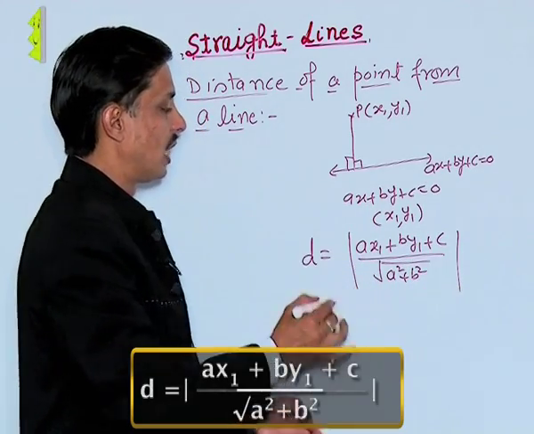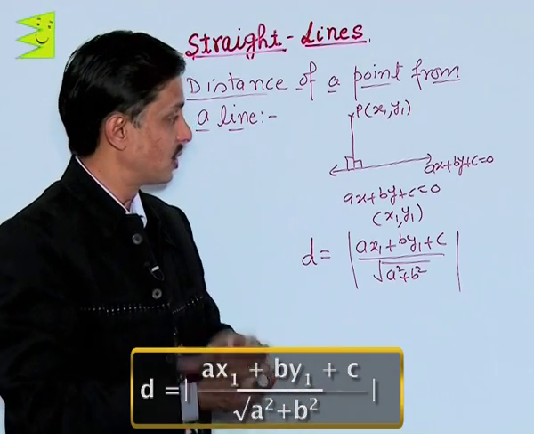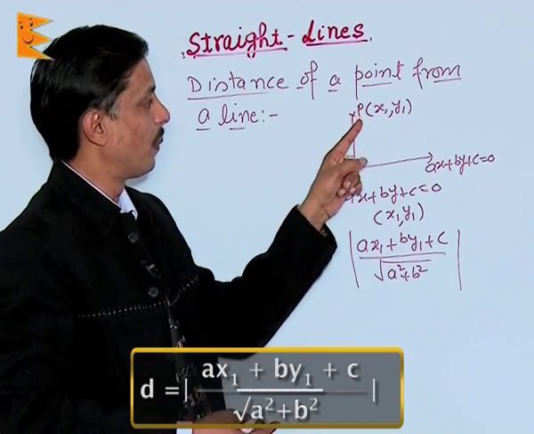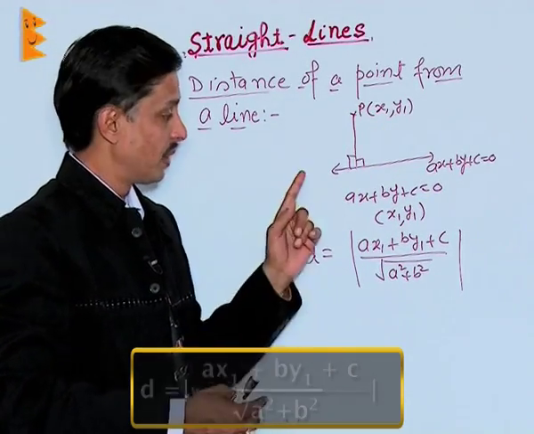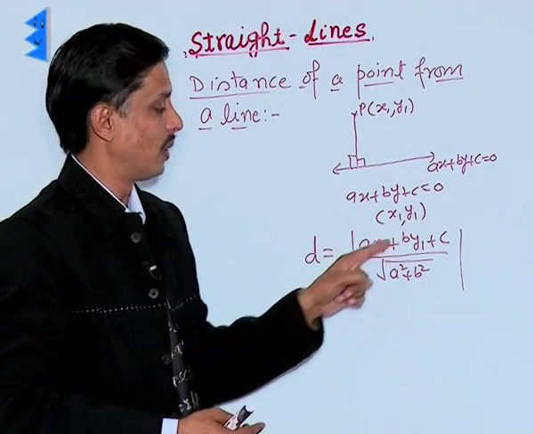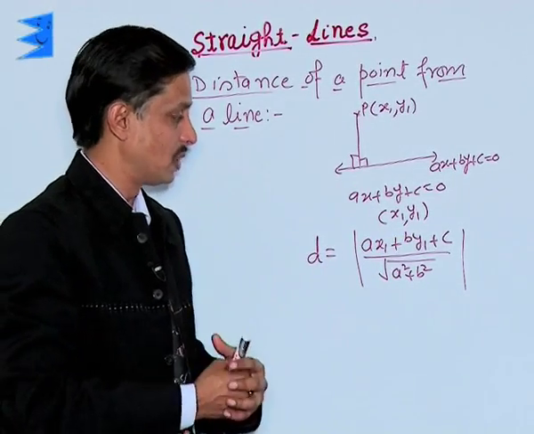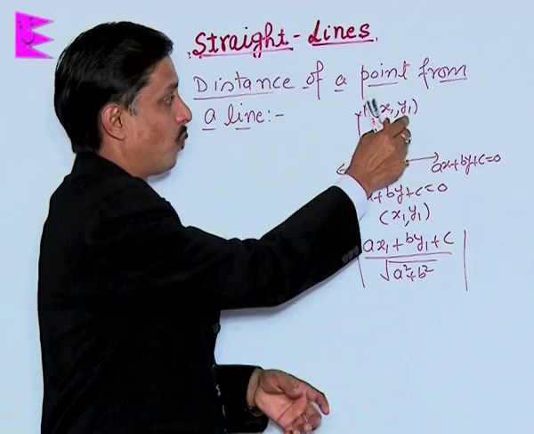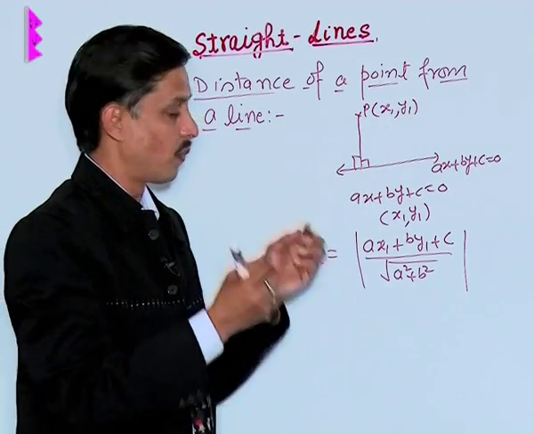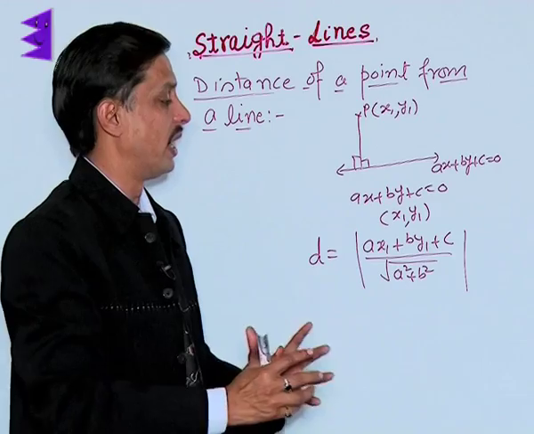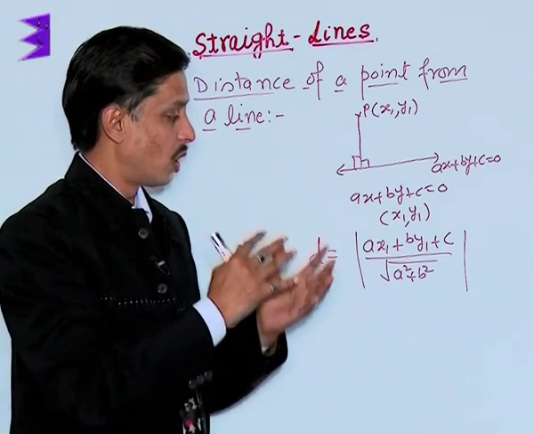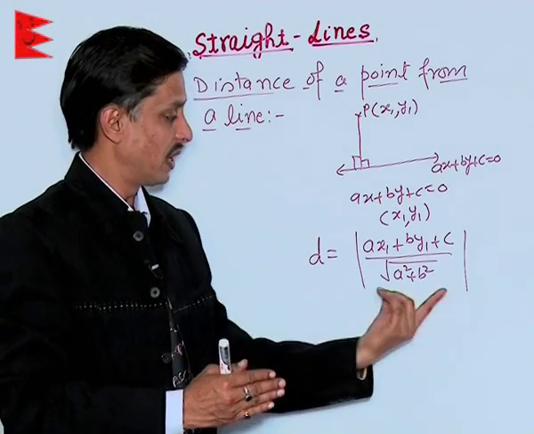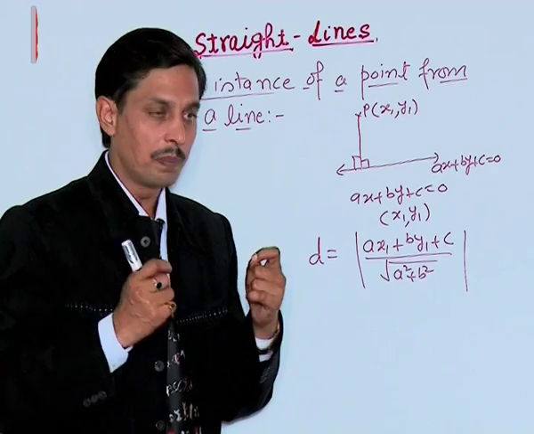This is the formula, the method, the approach of finding the distance of a line ax plus by plus c is equal to 0 from a point P (x1, y1), that is mod of ax1 plus by1 plus c upon root of a square plus b square. That is, in place of x and y put the values x1 and y1, the coordinates from where the distance is required, and divide by the square root of the sum of squares of the coefficients of x and y. Take its mod, as distance is always taken to be positive.